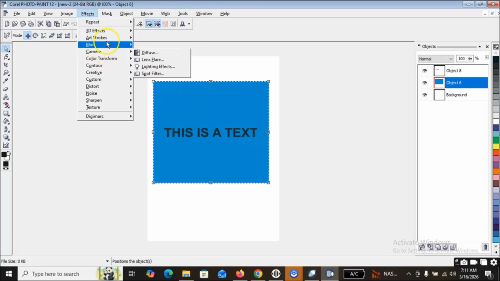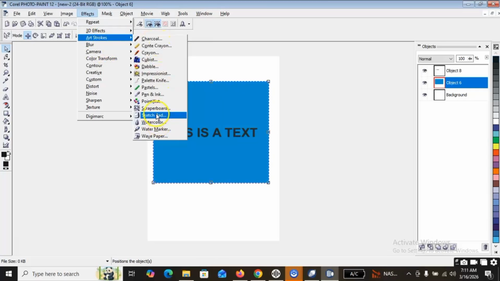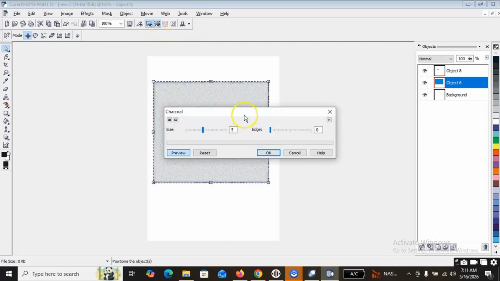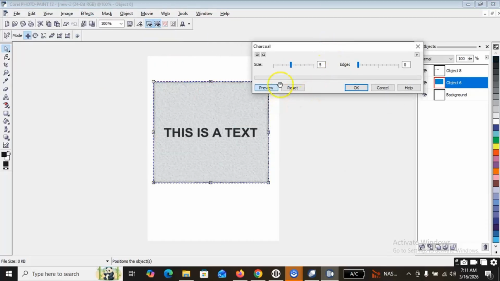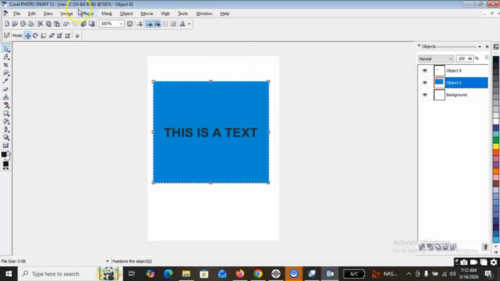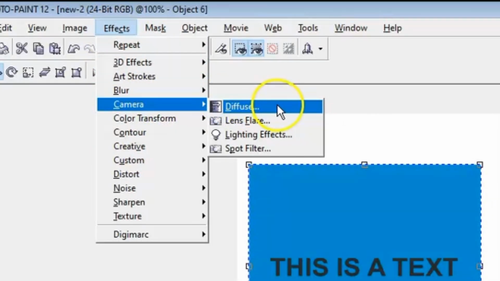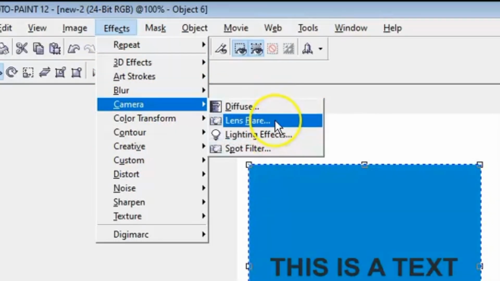So you can come here and test some of these things out. If I click on charcoal, it's going to convert my image to something else. You can edit it the way you want. I'll go ahead and cancel that. So this, I'll come here. We have what is called